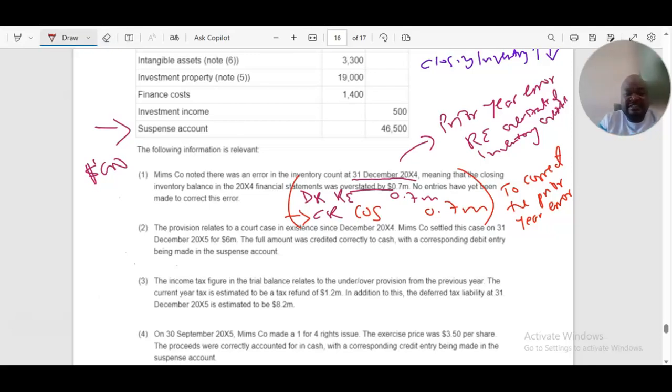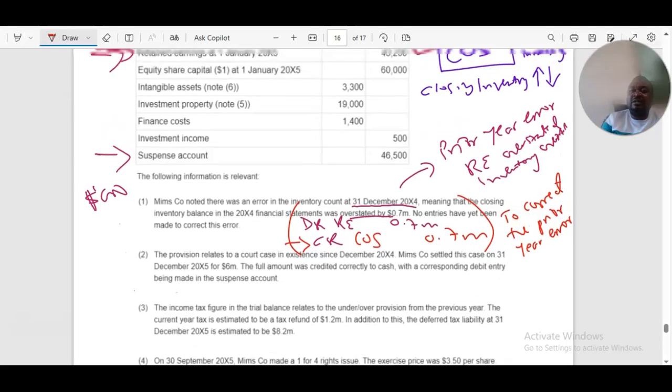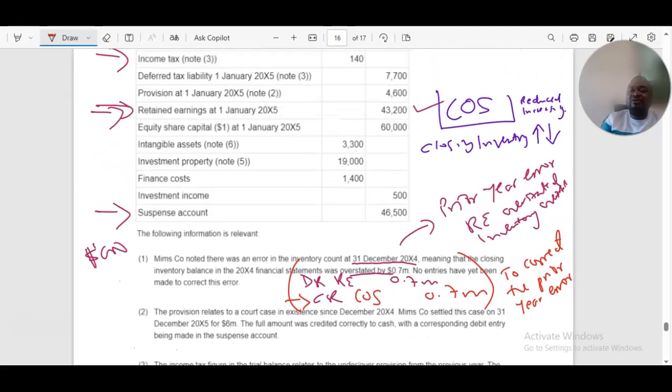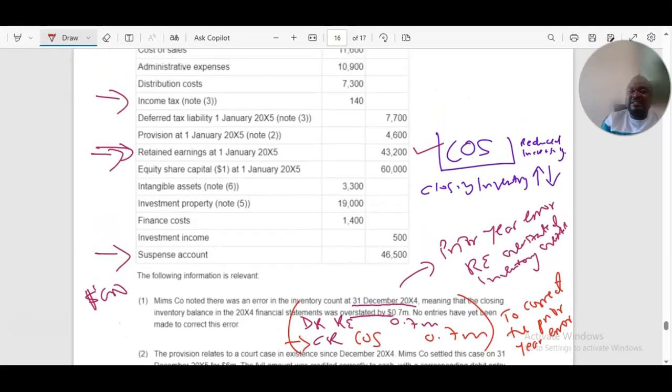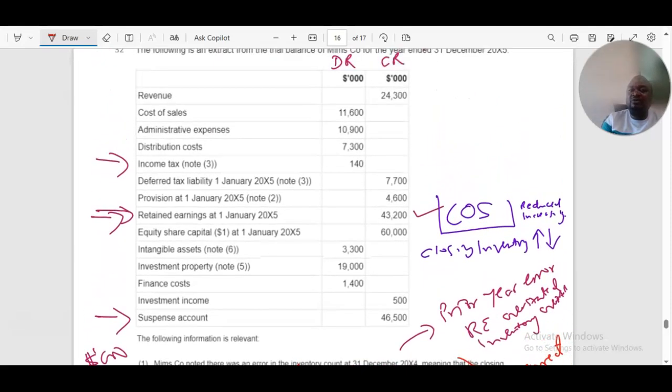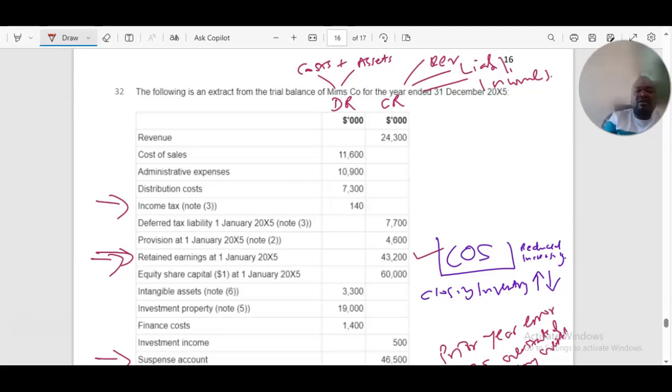The provision relates to a court case in existence since December 2024. Somebody might be asking, still on note 1, after you do that double entry, what adjustments should be made? So you come to cost of sales, because we are crediting, obviously. When you are doing your statement of profit or loss, you will see that the cost of sales would need